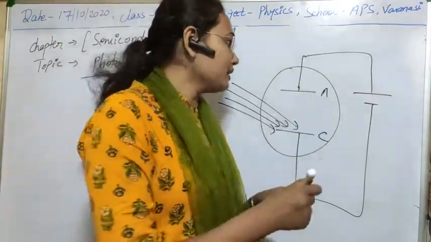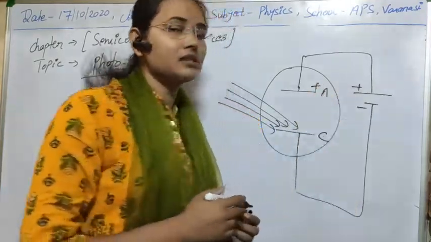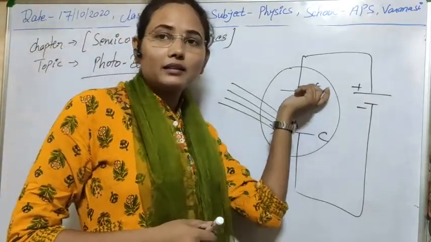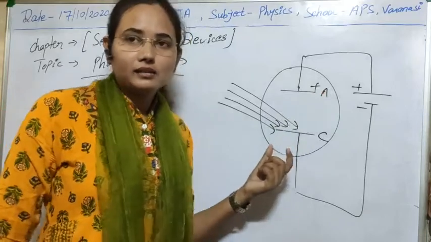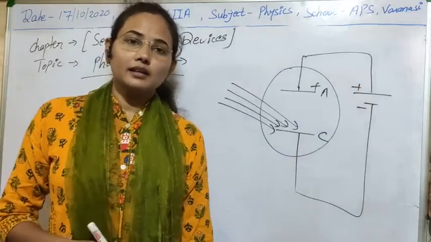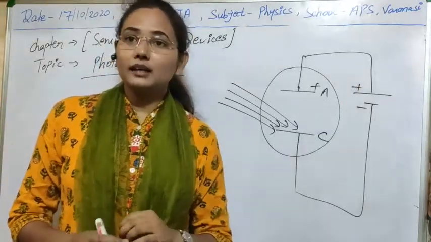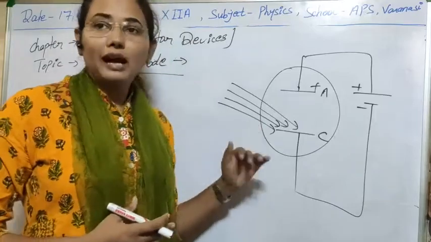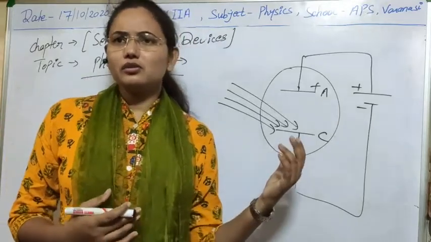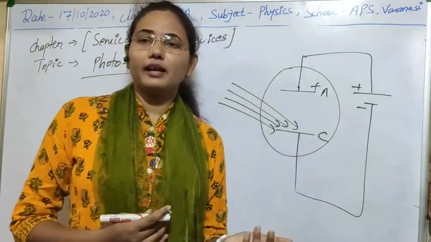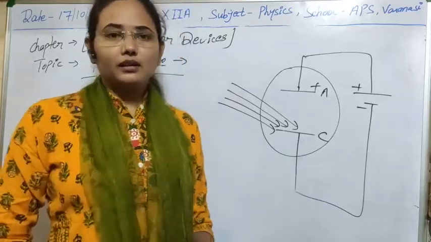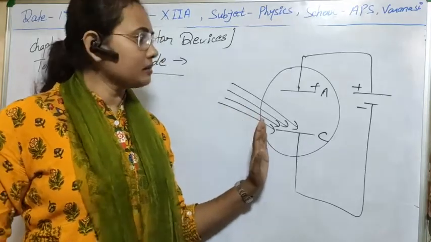And if we apply some suitable voltage, means a positive potential on the anode, then this positive terminal will attract the emitted electrons, and the collection of electrons at the anode will increase, and finally we can get a current in the outer circuit, and we can use that current in many ways. As I told you, applications of photocells are in burglar alarms, counter circuits, and many automatic tools in photocinematography and in measuring the temperature of stellar bodies, and there are many applications of photodiode.